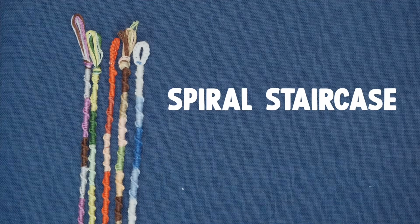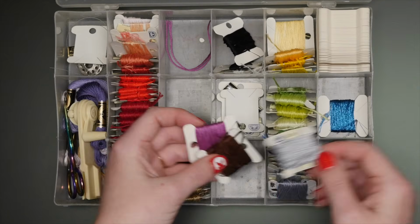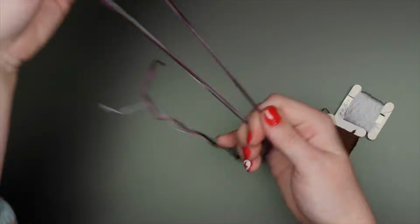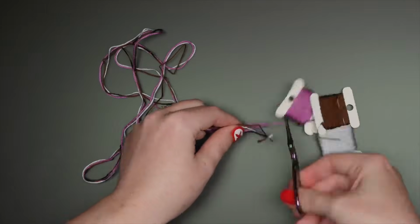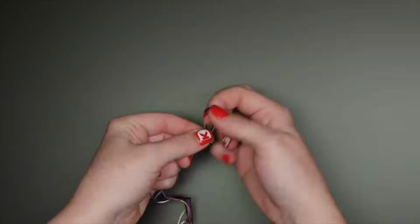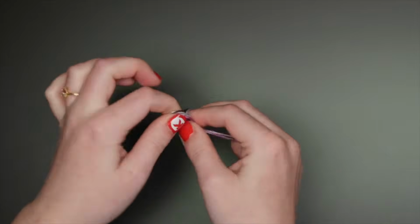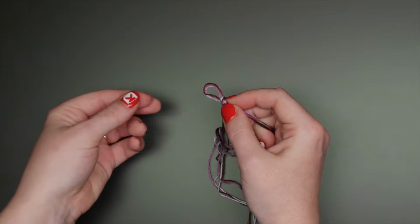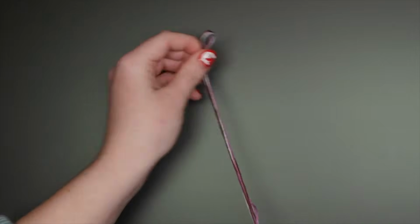Here's the spiral staircase. Start with as many strings as you like, each about twice as long as you want your bracelet to be, or 4 times longer if you want a loop at the starting end. Make a knot, and tape or pin it in place,